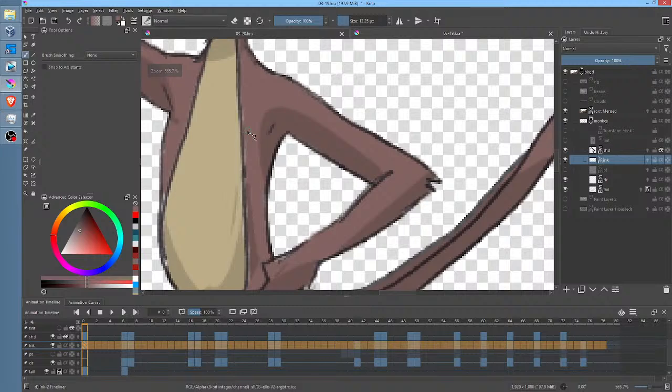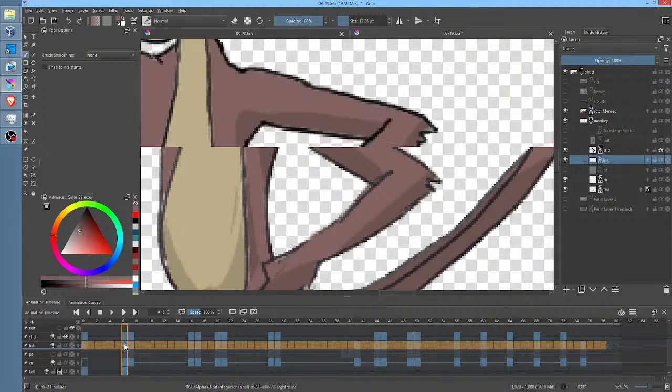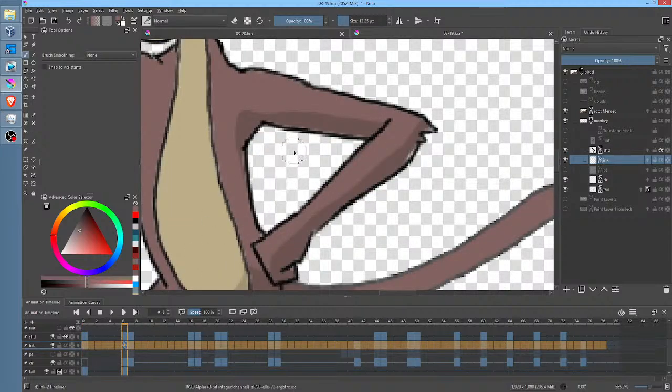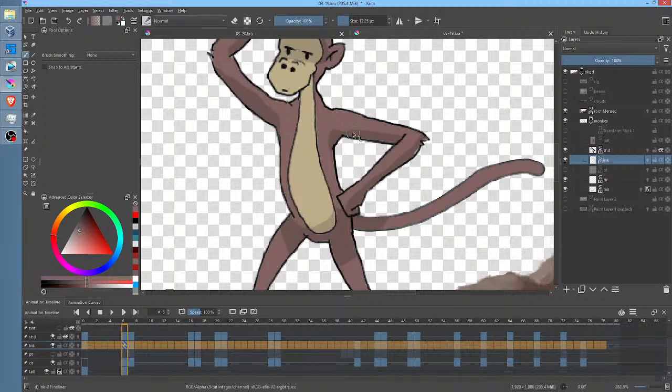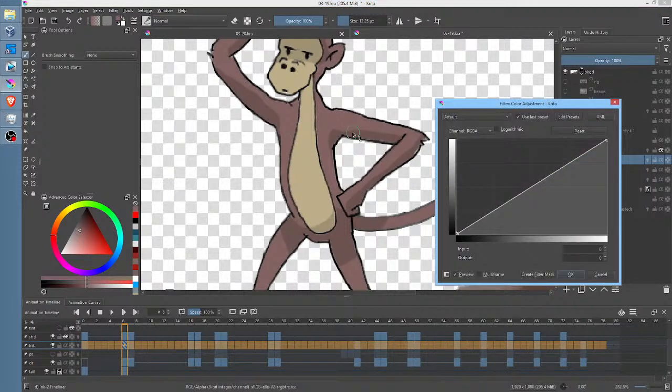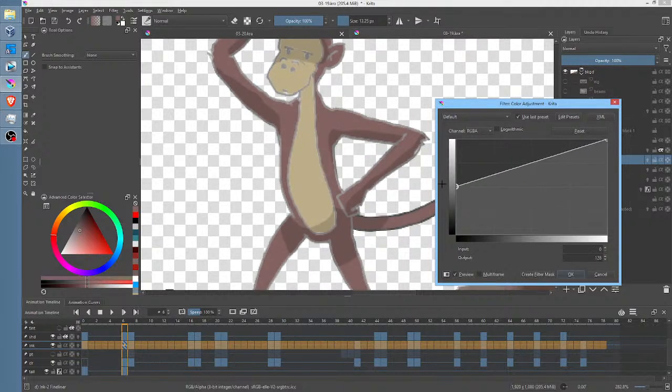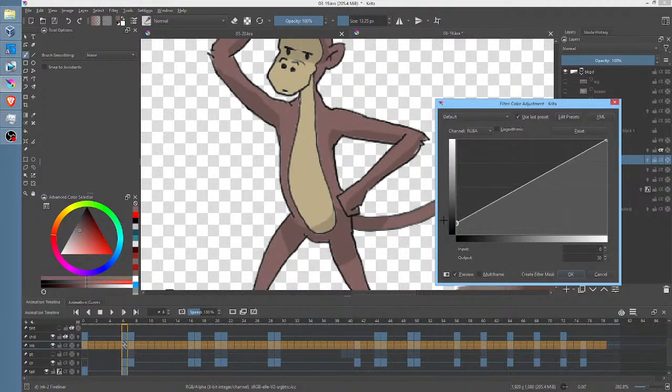And actually that's probably a bad decision. I probably should do it here because that's the first frame that has the ink lines independently in their own layer. So now I'm going to hit Control M, and what I'm going to do is kind of my usual routine. As you can see, that lightens them up. So what we're going to do is lighten them up a little bit, and then we're going to punch up the red.